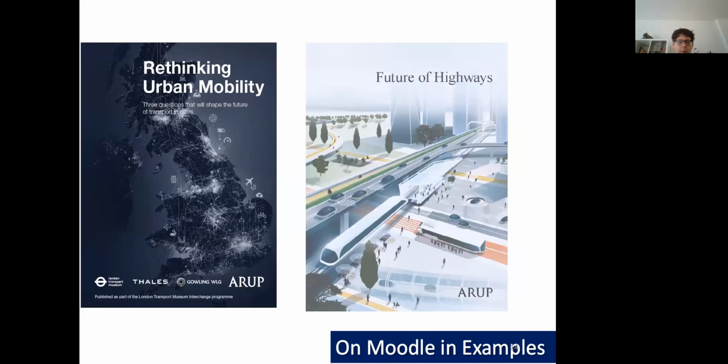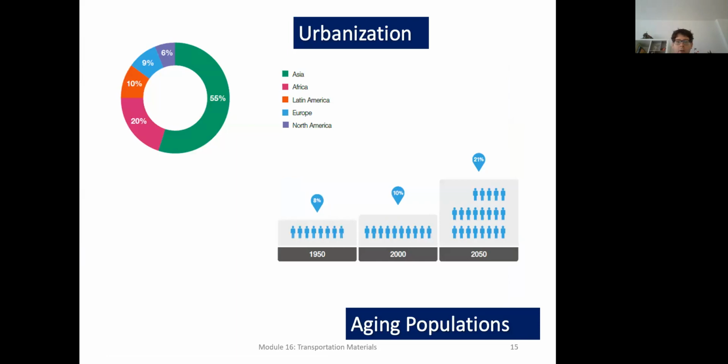On Moodle, there are a few documents that you'll have access to that you can read through about the future of transportation. These are documents by the consultancy firm Arup that describe where our transportation infrastructure is going. You already know that within Toronto, there is a driver and a push to expand light rail, as well as people wanting to